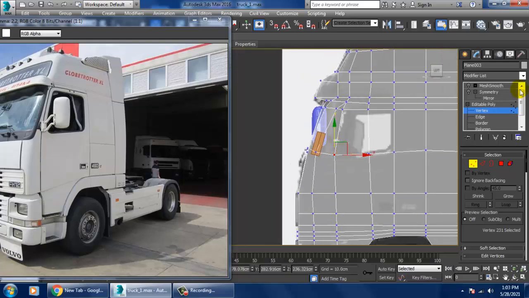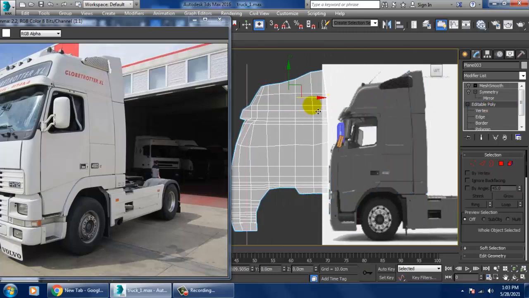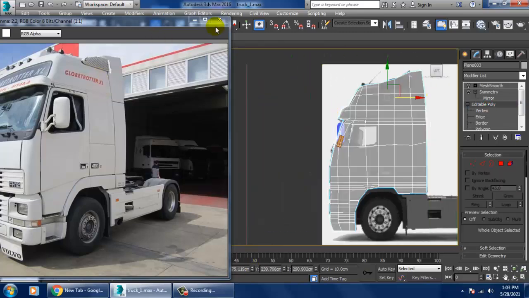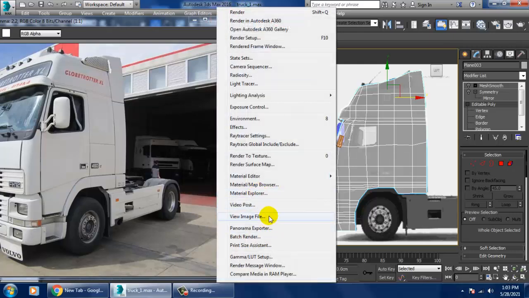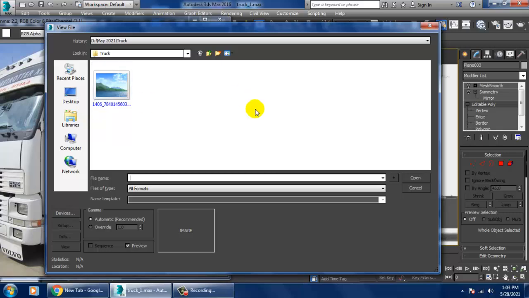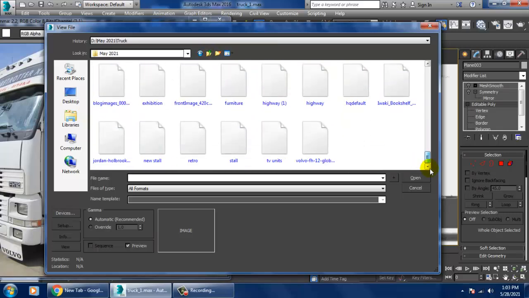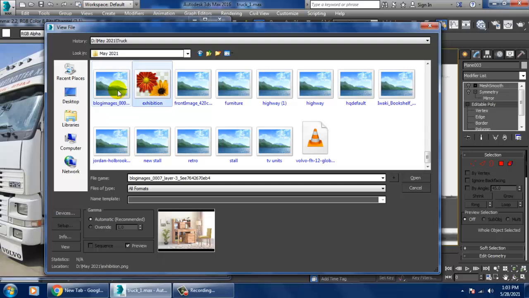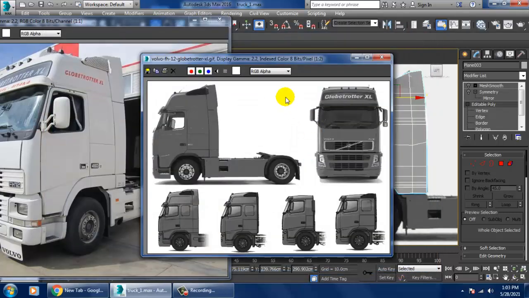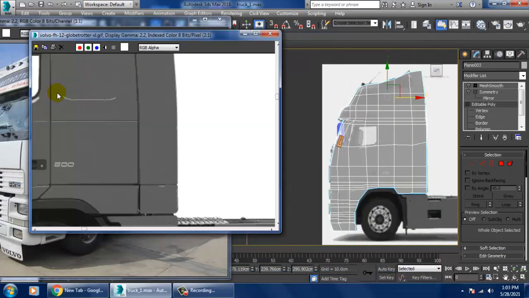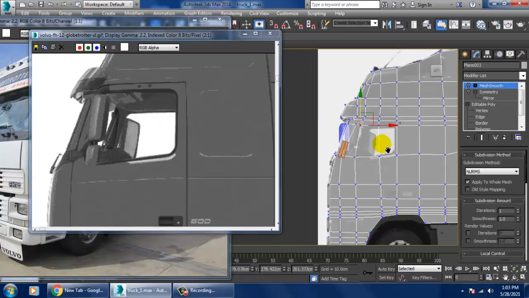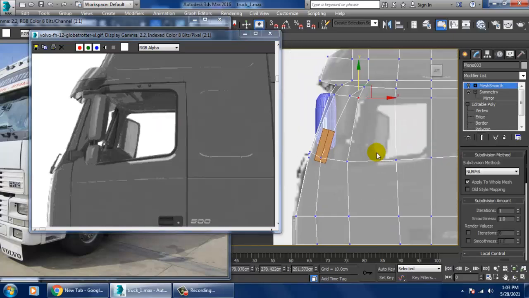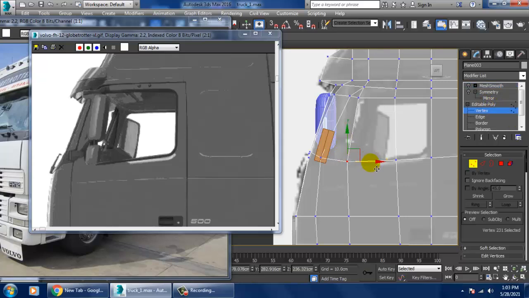To see how it looks, I'll open the reference to get an idea. We have a glass here, so we'll slightly push this till here.